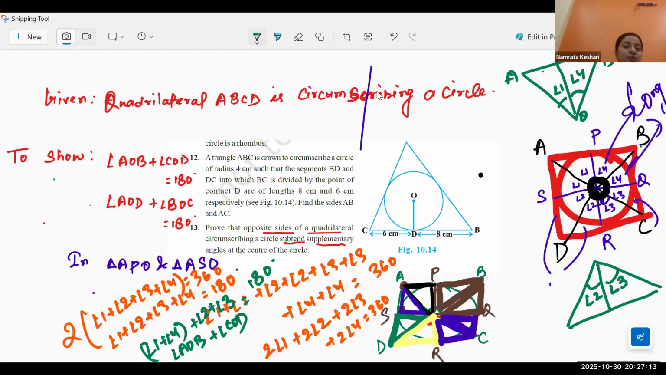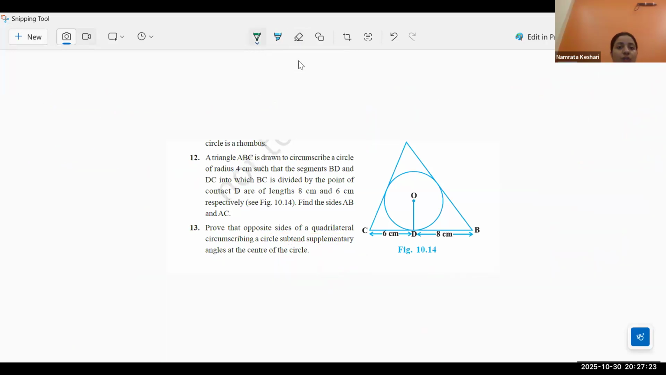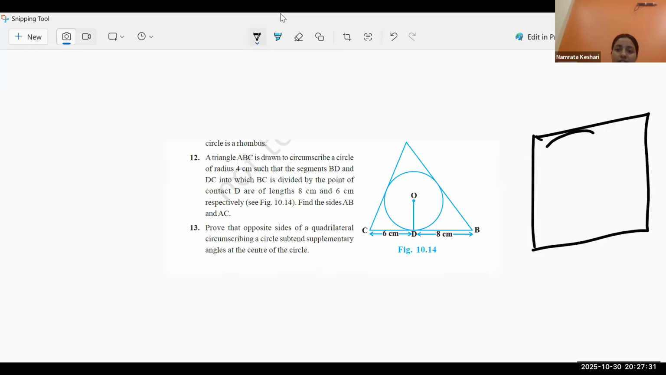This is how we'll be approaching this question. Okay, today I'll not give you the solution. I will explain it one more time before wrapping up this class. So I'm erasing everything from here, and here we are supposed to prove AOB. You have a quadrilateral, you have a circle which is circumscribing it, and you have to prove that